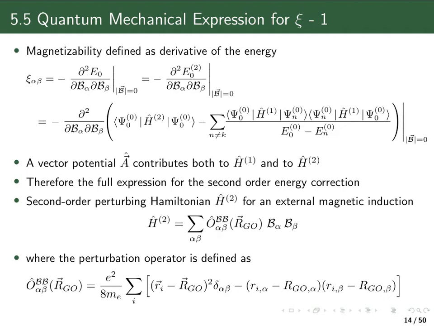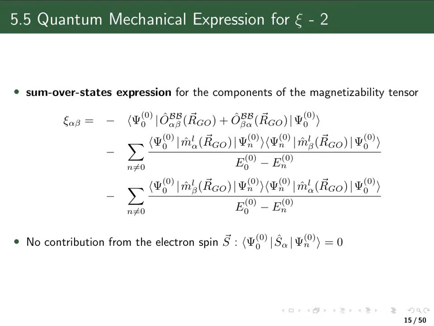You see it's the distance from the gauge origin to the position of the electron squared, or components of these. So that's our second order perturbation operator, which we have to insert in here, and the first order operator from the previous chapter we have to insert there, and then we have to take derivatives first with respect to the beta component of the external magnetic induction and then the alpha component. For the first order Hamiltonian here, I only took the orbital part and not the spin. Doing that leads to this expression here,